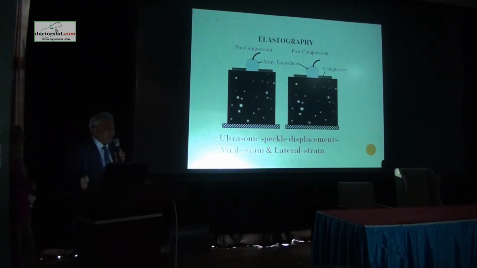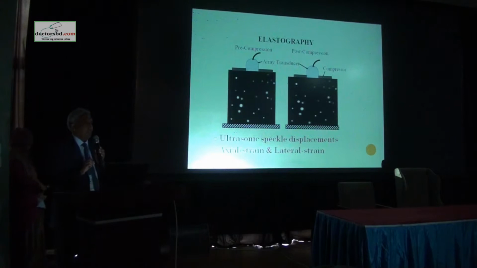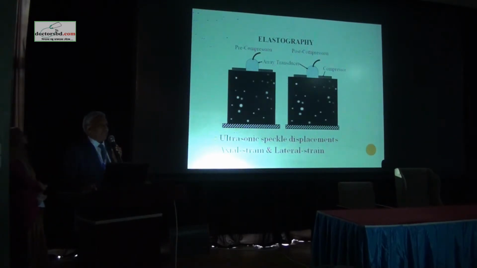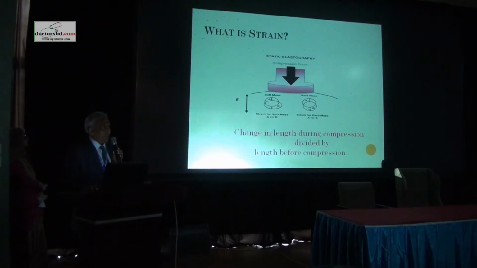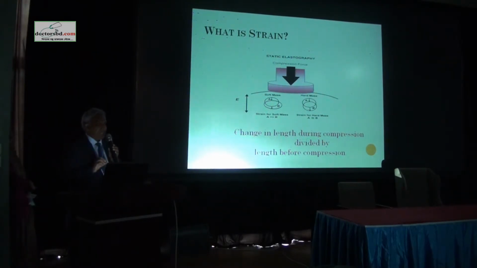You can understand further by two models where particles are spread in the tissues. When you press upon the tissue, you see deformation in axial as well as lateral direction. That is what happens in elastography. Deformation of the elastic properties of normal tissues takes place. Again, to make it clearer, look at those two models in the soft tissues. One is soft, the other one is hard.